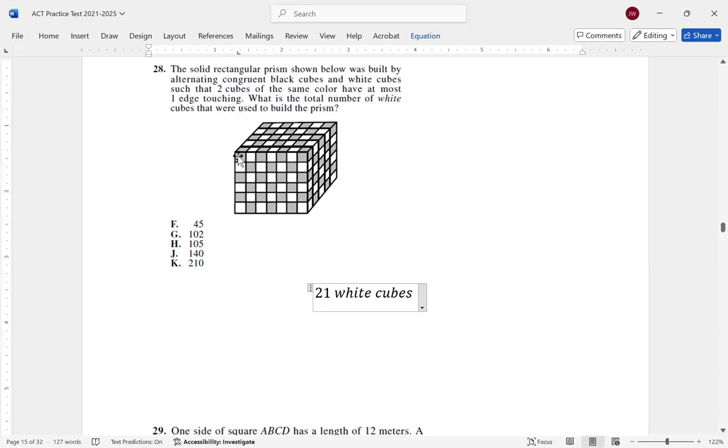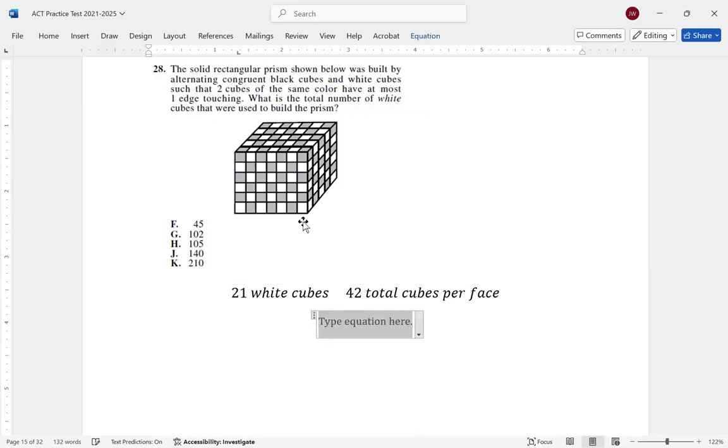Since the first face is 7 cubes by 6 cubes tall, we end up with 42 total cubes per face. All right. So 21 white cubes on the first face, 42 total cubes per face means that there's also 21 black cubes